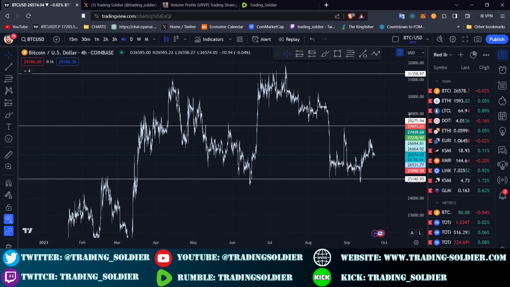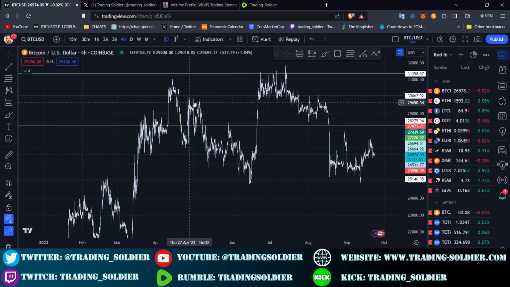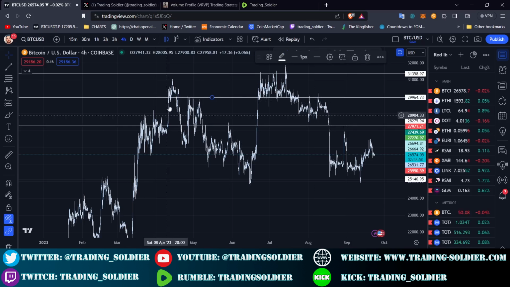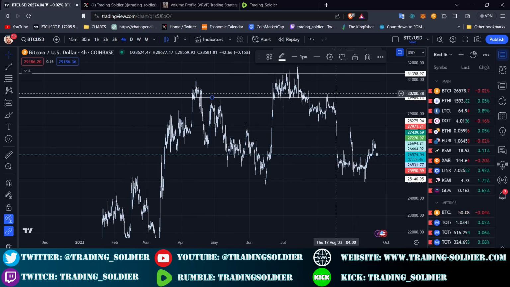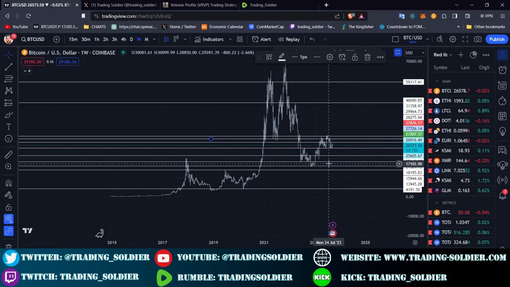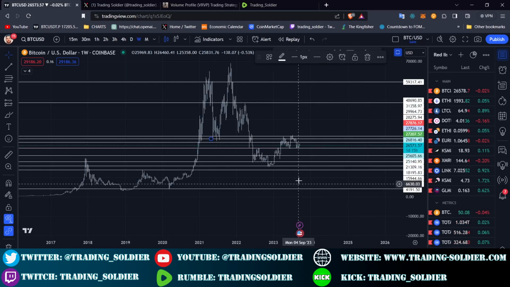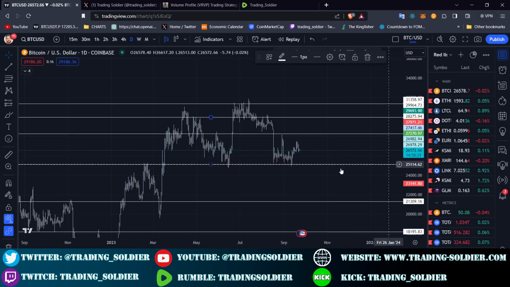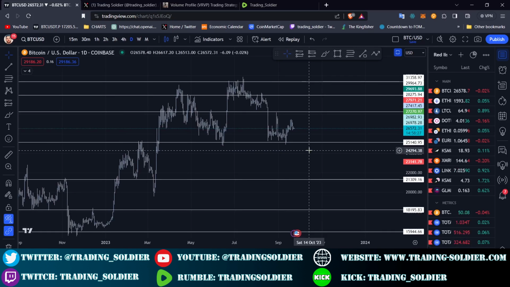This is another level that we need to watch out. Here also we have another level. You see here multiple weak rejections, weak rejections, weak rejections, okay. So if you see, we started with the weekly time frame and we draw wider ranges. And when we are switching to lower time frames, we are drawing tighter